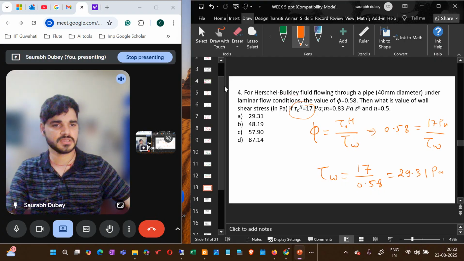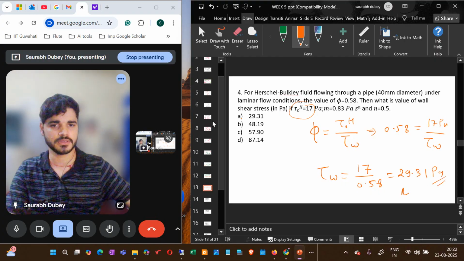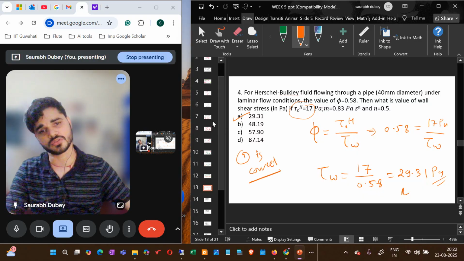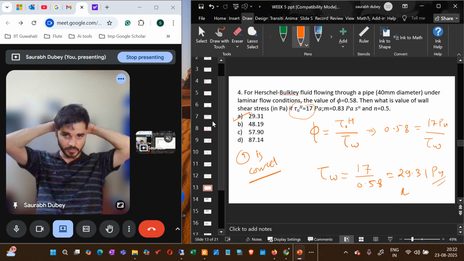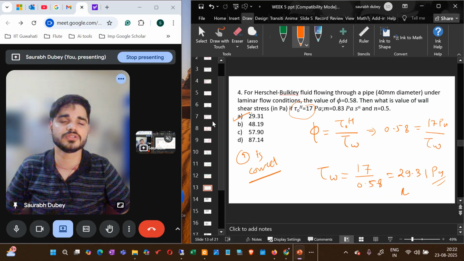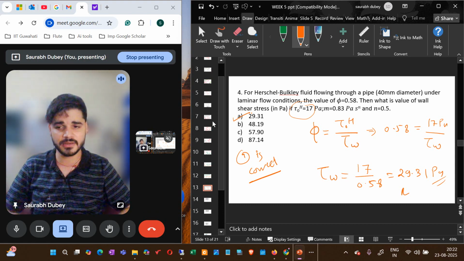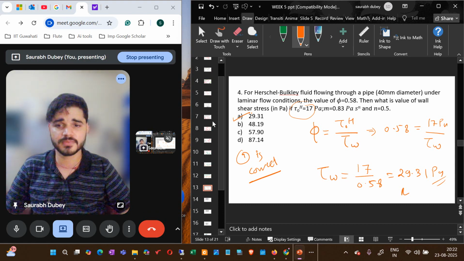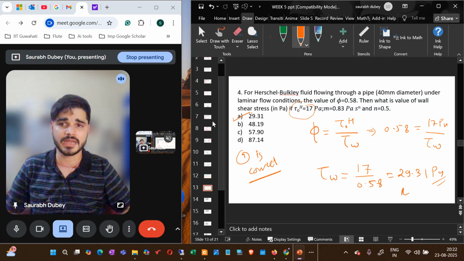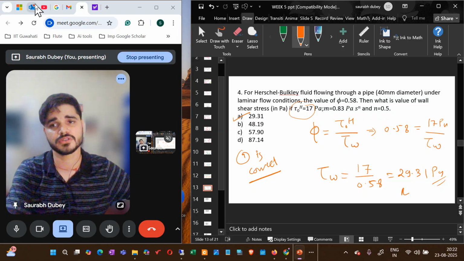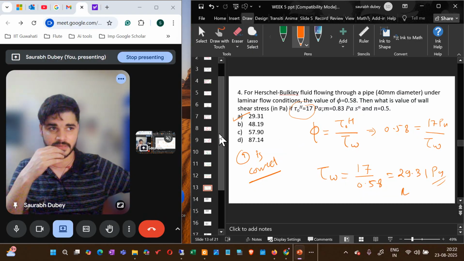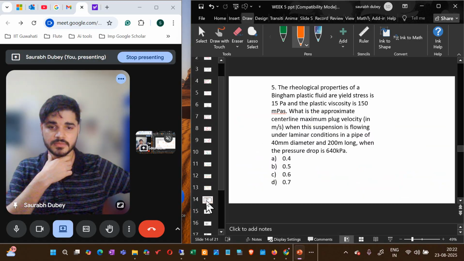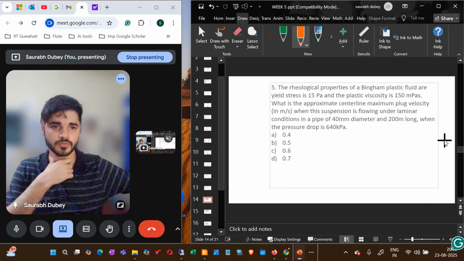Very simple question, you see. Just with basic definitions you are able to solve it. It is correct, right? Till now there is no difficult question. So such very simple expressions you need to memorize, because a very simple equation can turn out to be an important one. If it is very conceptual and needs very big expressions to be derived, the main governing equation will be provided, so you don't have to worry about that, right? So this is done. Let's solve the next question, which is the fifth question,